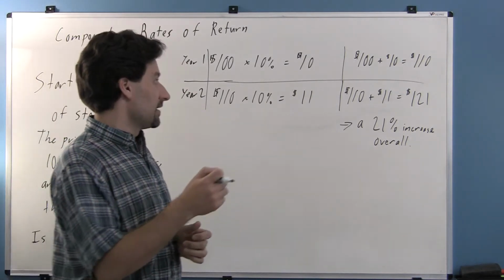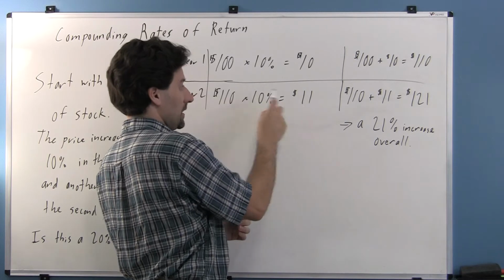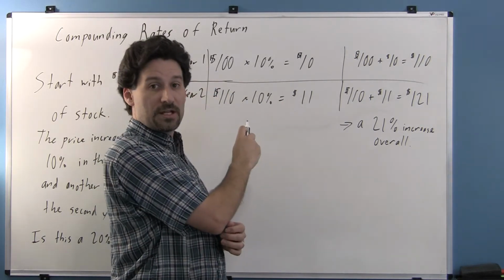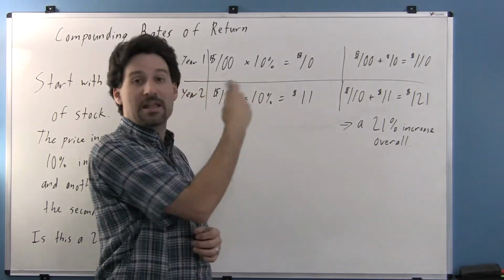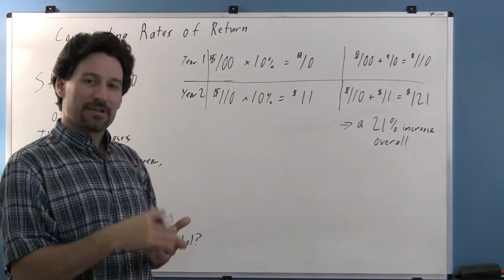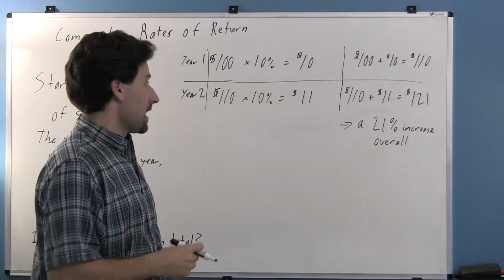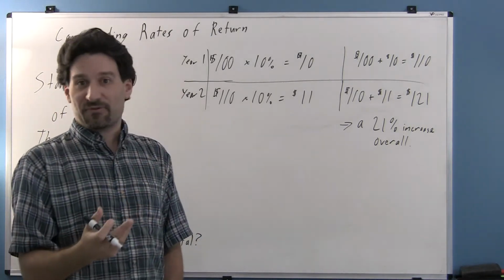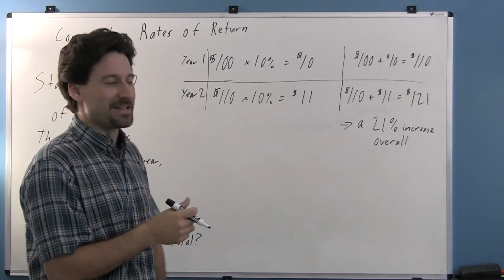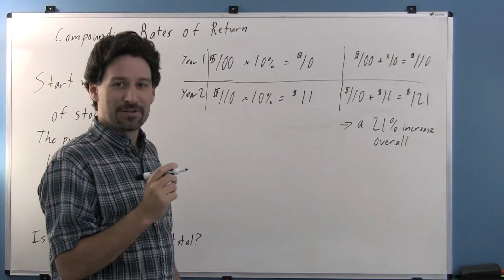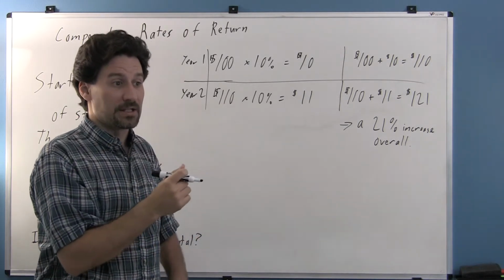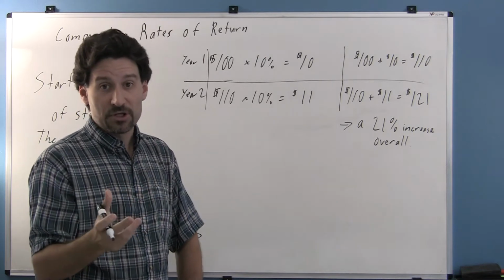Here we earned interest on the original $100 and interest on the additional $10, so interest on the interest. The next year we would earn interest on the interest on the interest. So it really starts to build up. Interestingly, if you can find a 10% rate of return for an investment, which is not easy these days with interest rates being so low, but you can also think about this as some of the countries that are having inflationary problems,